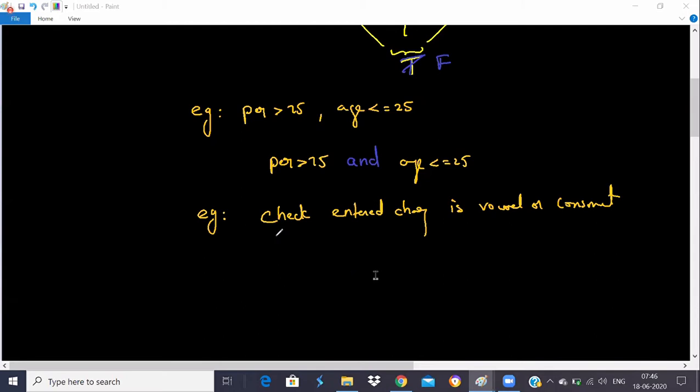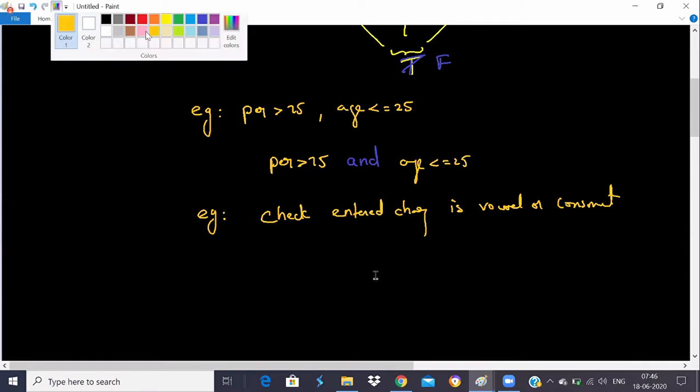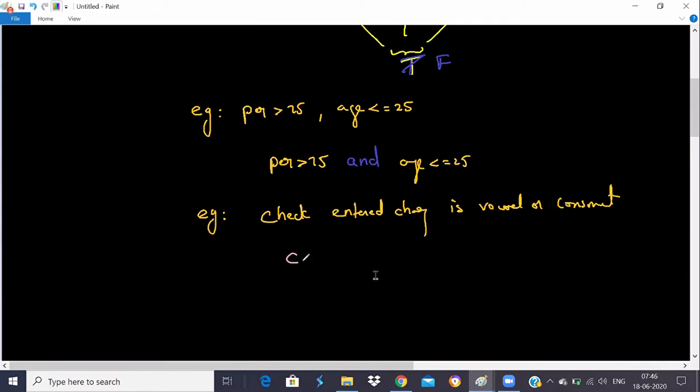Suppose I have taken a value in ch, so I can check like this: ch is equal to 'a', or ch is equal to 'e'. No, we cannot write like that, Aditi. It must be enclosed in single quotes and it should not be a comma. We have to use or here. Why or? Because any one can be true, right?